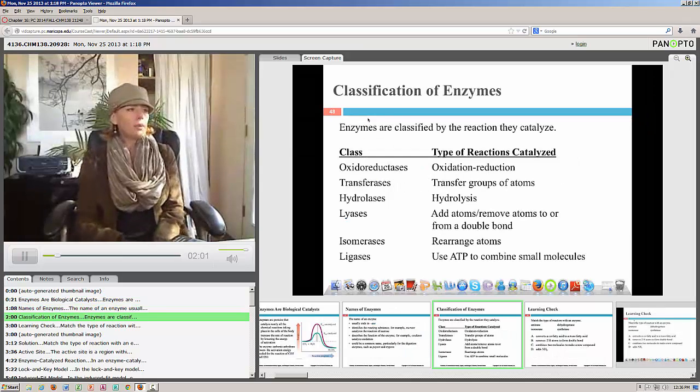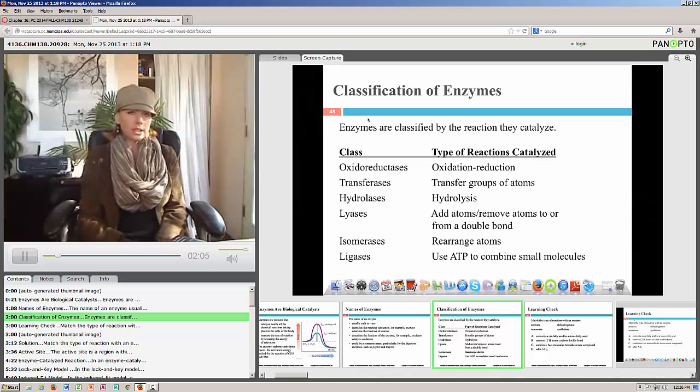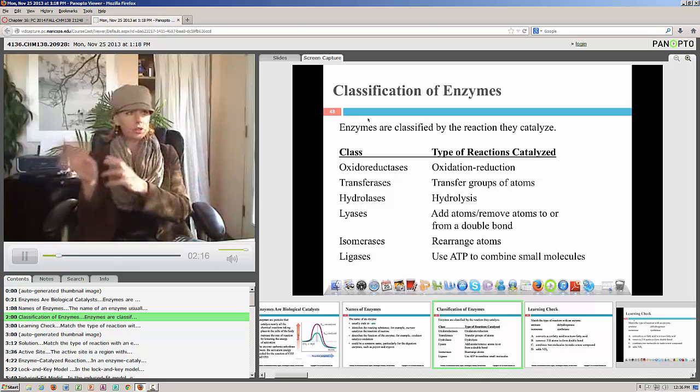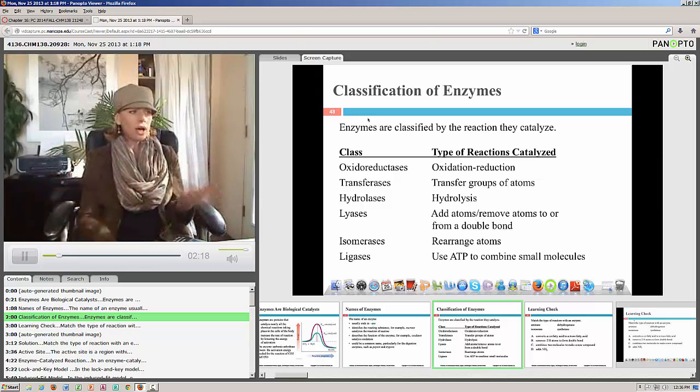Okay. There are several classes of enzymes, including oxidoreductases that are involved with either the oxidation or the reduction of a reaction. Transferases cause the transfer of groups of atoms from one molecule to another molecule. There's also hydrolases that are involved with hydrolysis. We learned about hydrolysis with